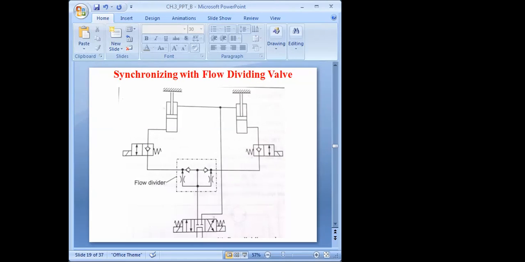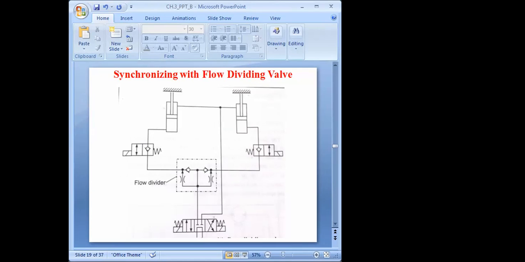If synchronization is required in the retraction stroke or return stroke, then we have to provide an additional flow divider in the top line, that must be here. Here we can add the flow divider.